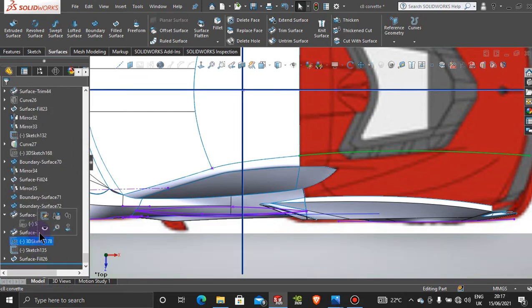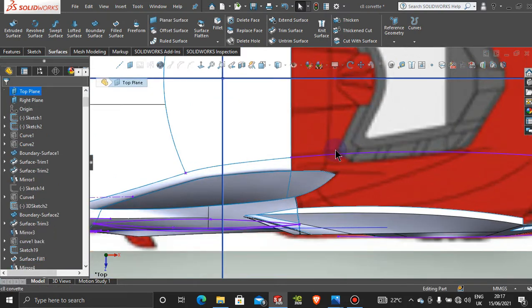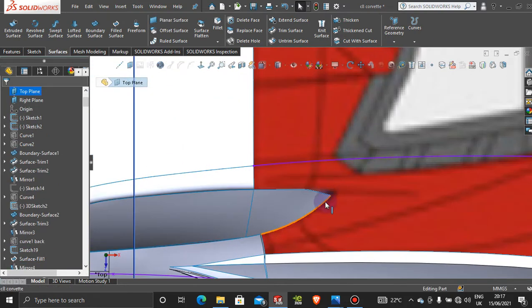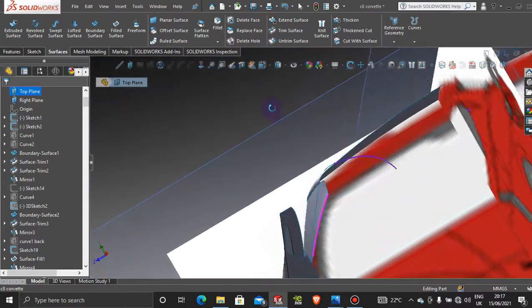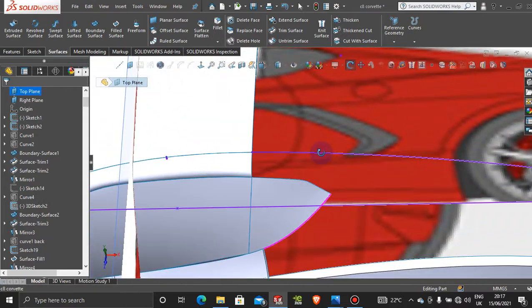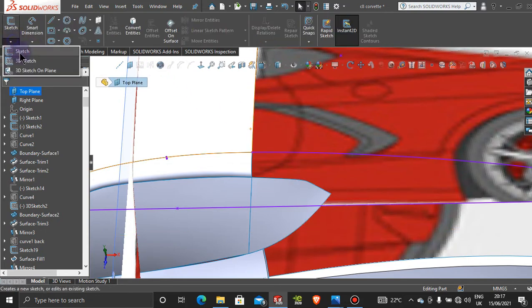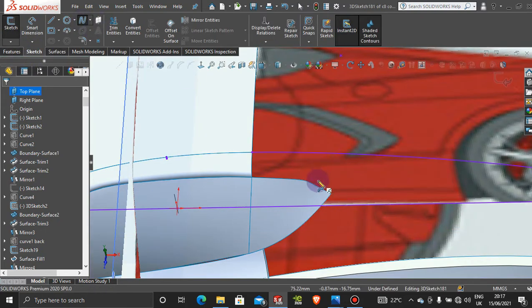That's our 3D sketch here. Okay, and then let's just see. We have a nice projection all the way to that point there. So let's grab a 3D sketch, and it's going to be a 3D spline, and we're gonna come from this